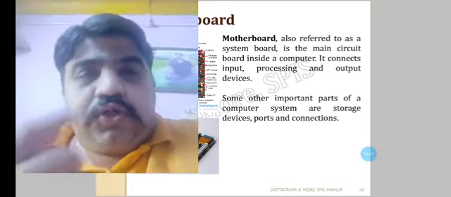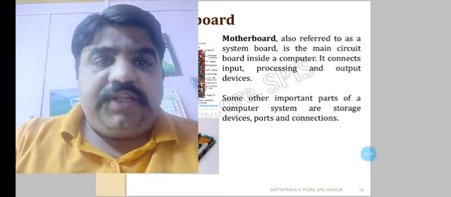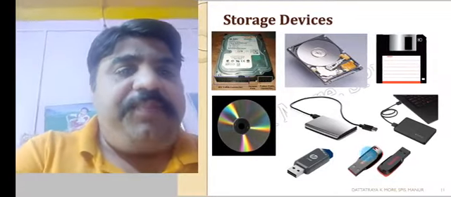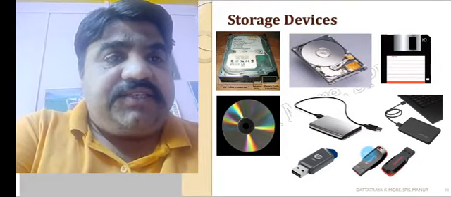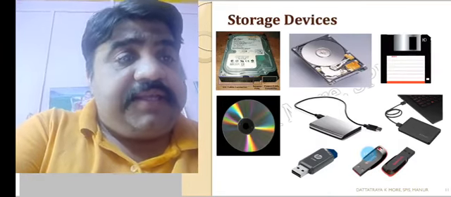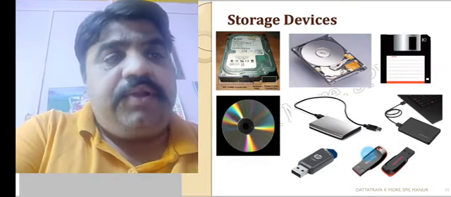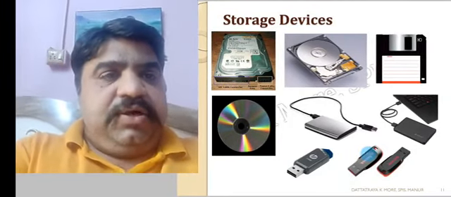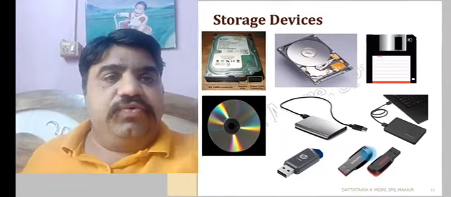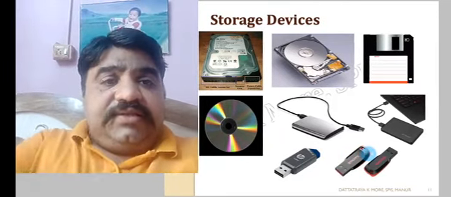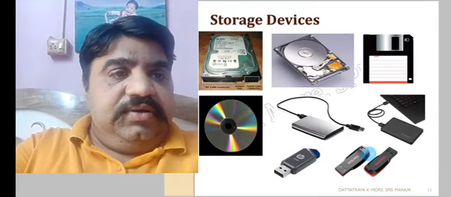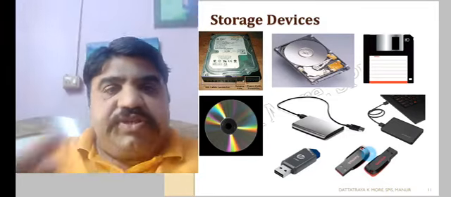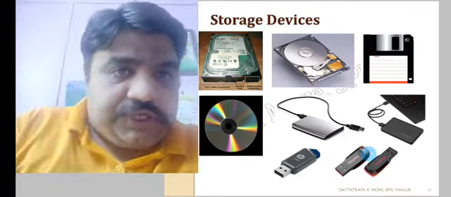So this was the small tour of my computer, of the motherboard I just showed you. Let us move ahead to some storage devices. I have kept some pictures here for you. You can see one internal hard disk, one more hard disk, then this is actually a laptop hard disk, then a floppy disk, which is right now outdated, nobody is using it, but I have still shown it here to give you an idea about that. Then CD, DVD, external hard disks, and these are pen drives that you know very well. Pen drives means flash memory drives, which are also called USB drives, right?